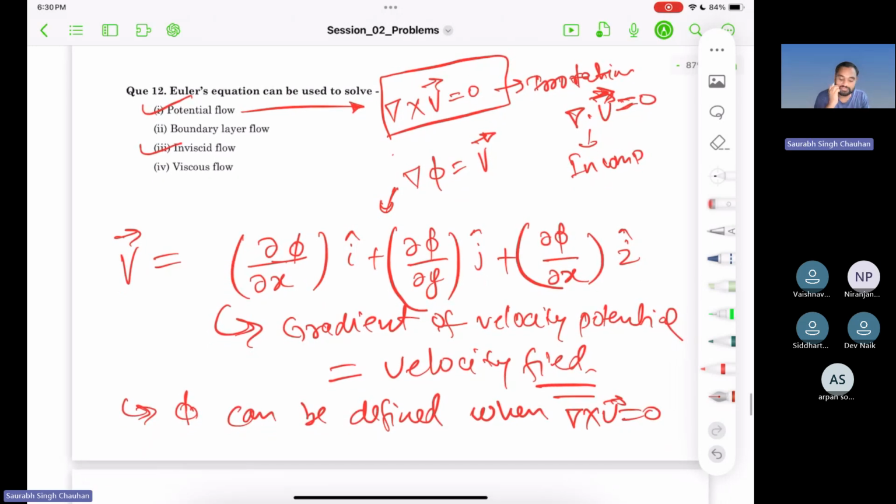So potential flows involve this scalar phi, and analysis involving scalars is relatively simpler. There are a lot of problems which can be solved easily if they can be assumed to be irrotational. Okay. So if a flow is